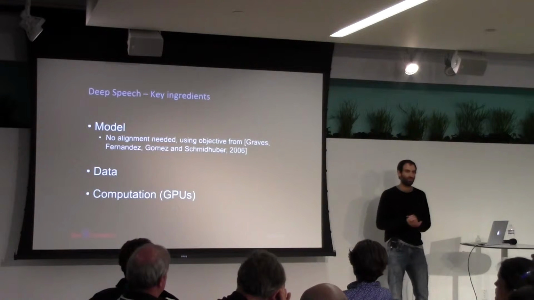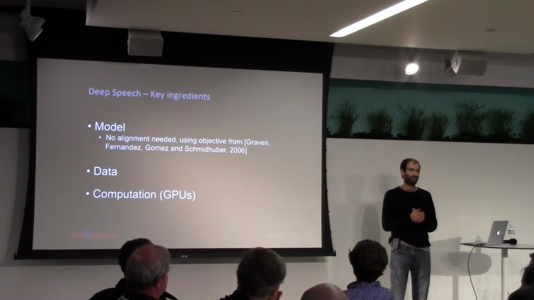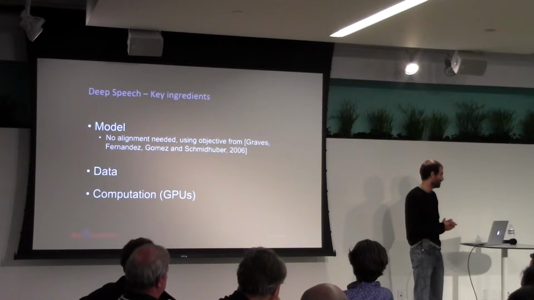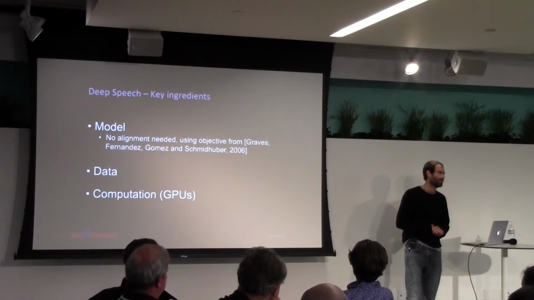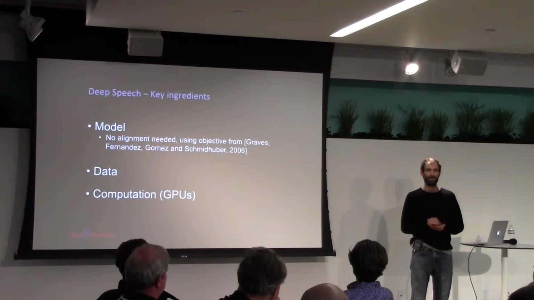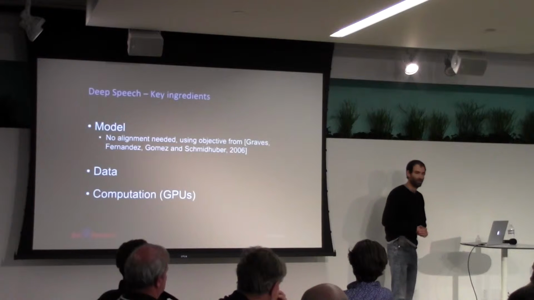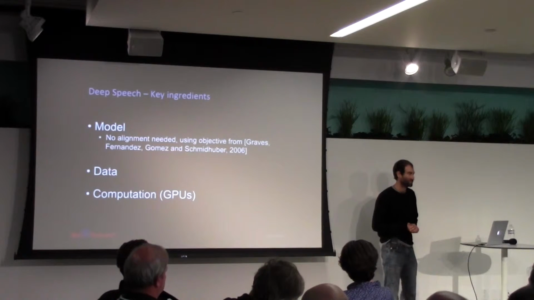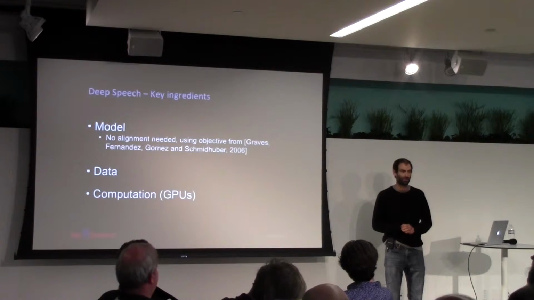And the last most important thing is computation. When we have a lot of data and a huge rocket engine, we need a lot of computation to train this model efficiently. I'm not going to talk about that very much because Brian has just been over that. Suffice it to say that for our system, we use a combination of model parallel and data parallel training on these 8 Titan boxes that make it efficient enough that, while it takes a little longer than 2 days, I don't complain to Brian too often.